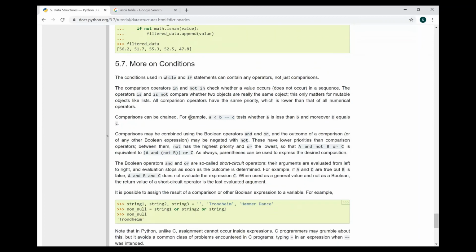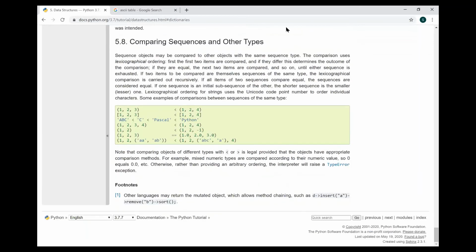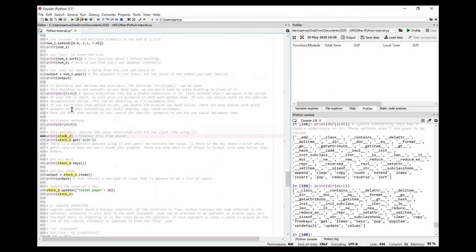Oh, looks like I can't find it here. I'll just go back to Python. So dictionary.get, basically what this does is it gets the value associated with the key. And it behaves very similarly to